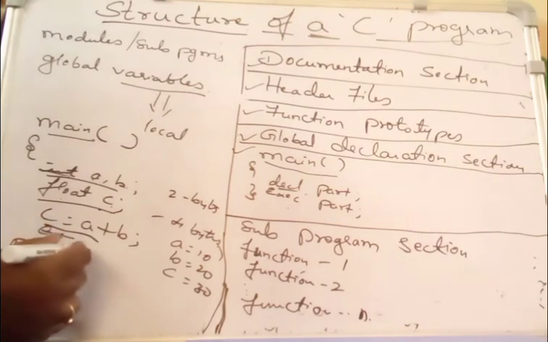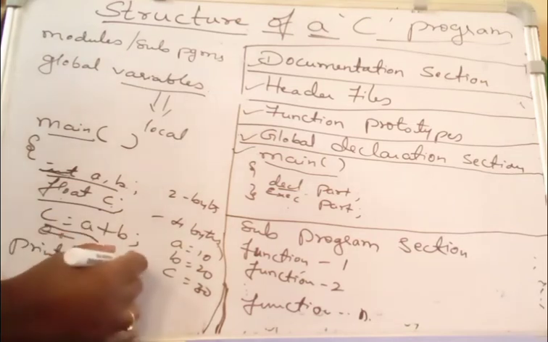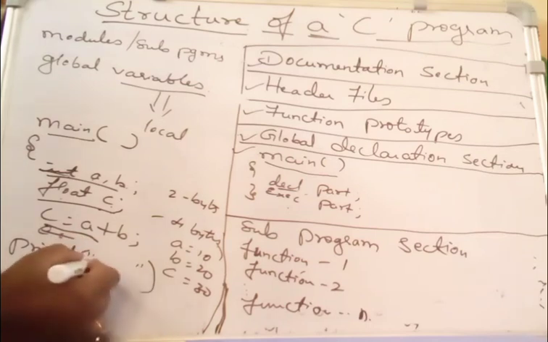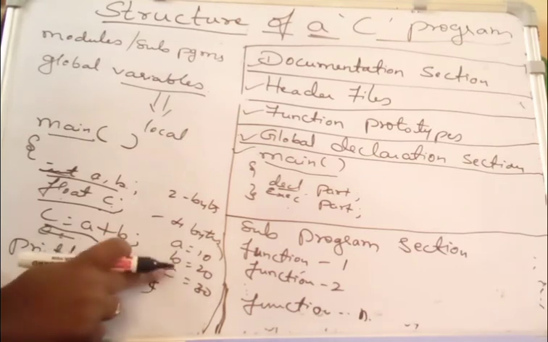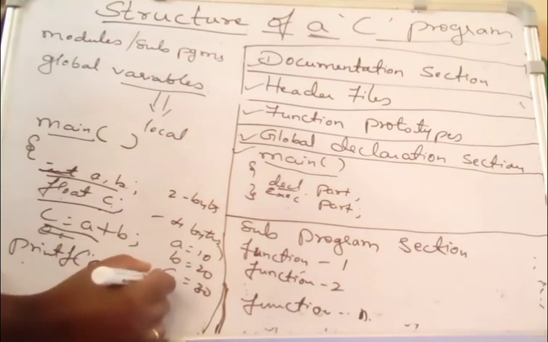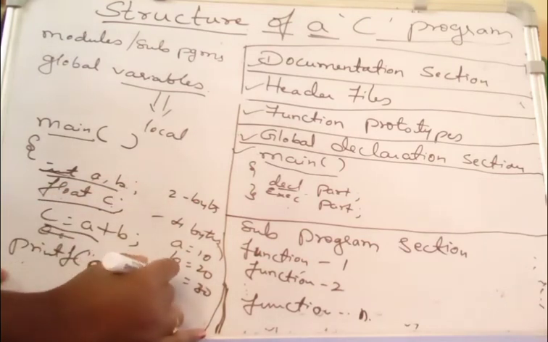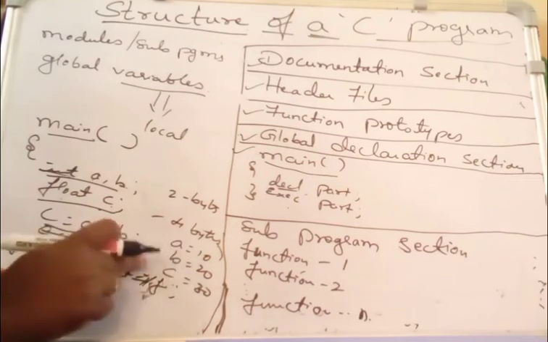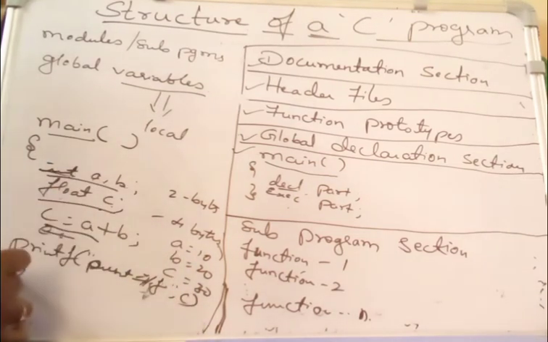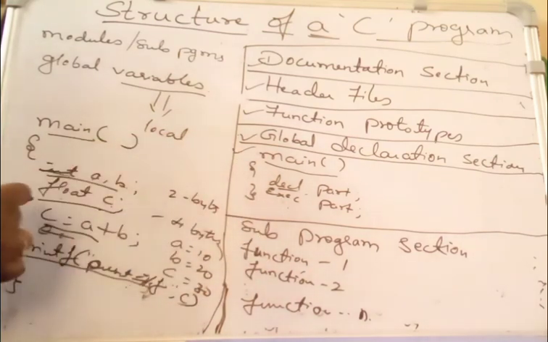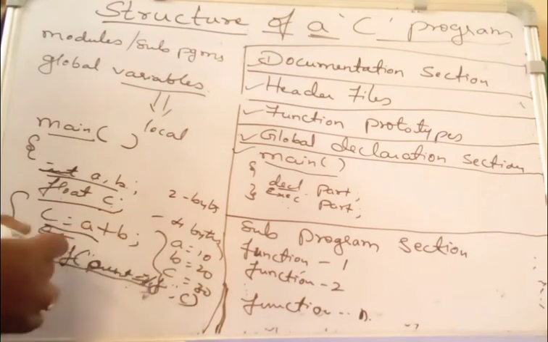I make use of statements called printf statements, which is similar to an echo statement. Now I'll write printf, print the result c: result is equal to percentage c. Since it is of floating data type, I will write result is equal to percentage f, and return the value of c. So these statements are called what? Executable statements. C equal to a plus b and this print statement are called